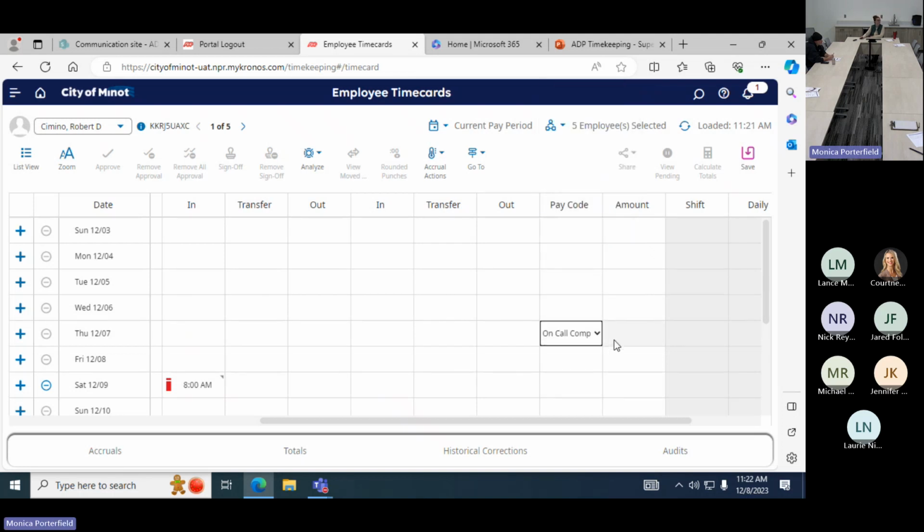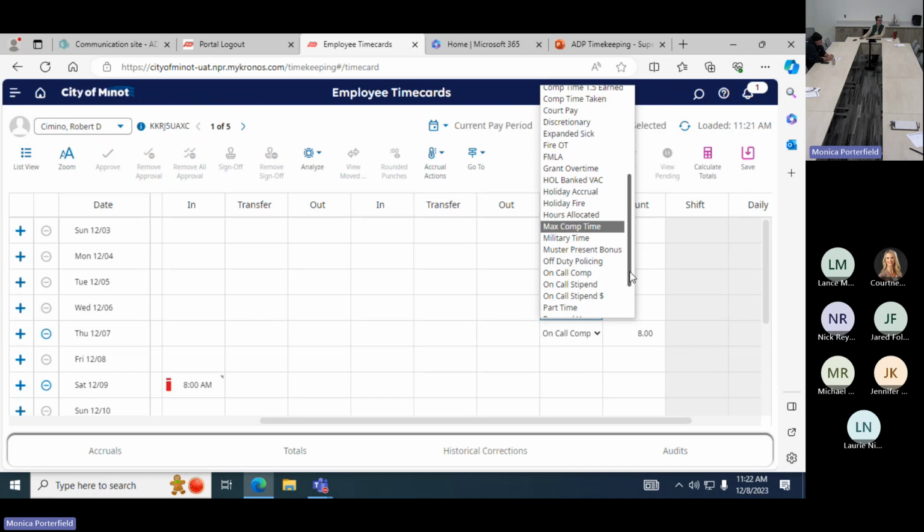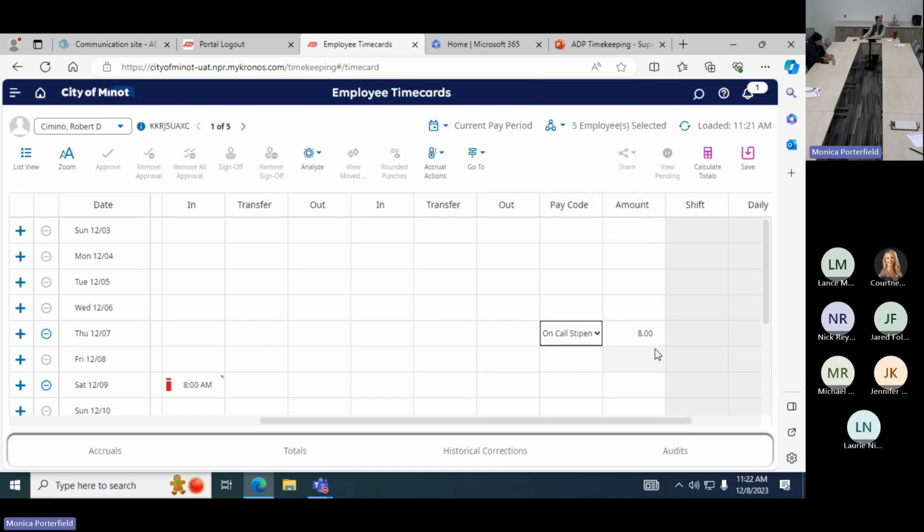For comp, you put in the number of hours that they're getting in comp. So it would be 8 hours for on-call comp. If you're doing on-call stipend, you put in the number of days that they actually were on call. So you would put in 7 days if it was a week. The on-call stipend is $25 a day, so when you put in 7, that should be